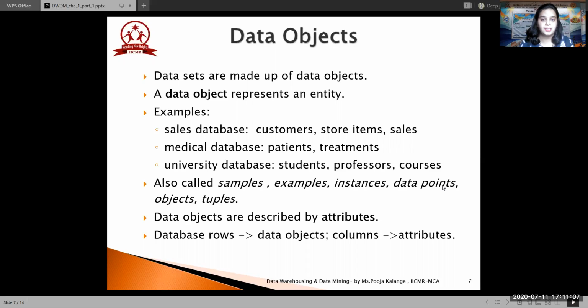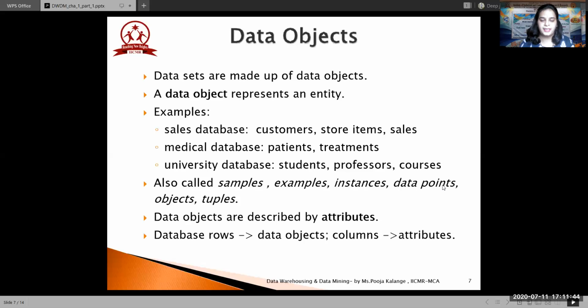An entity can be said to be a class, which is one of the programming concepts, right? For example, if you are using a sales database, as mentioned in the PowerPoint presentation, then customer is an entity, store items are entities, and sales made is an entity. An entity has a state, behavior, and identity, and a similar perspective is used for data objects. A data object could be any object. A student could be a data object. It could be a professor, a course, a scholarship, administration. In medical terms, it could be doctors, patients, treatment. These are some examples of entities.